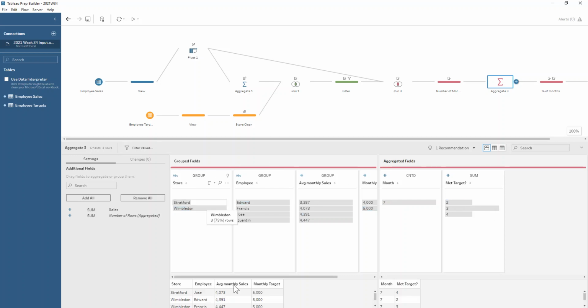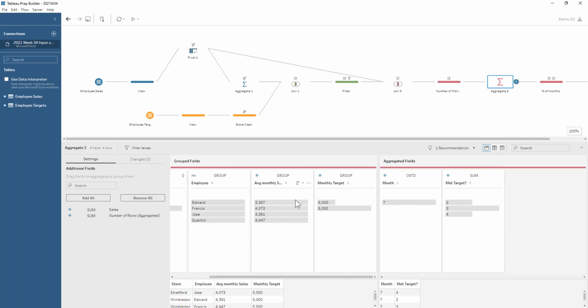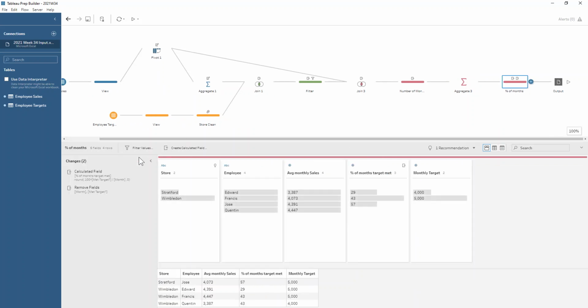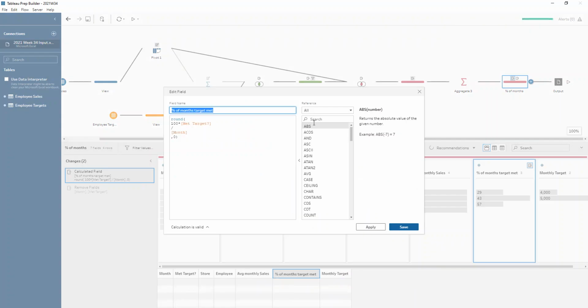So I'm bringing through my store, my employee, and I'm grouping on my average monthly sales and my monthly target so that they come through as one row. We're going back to 4 rows basically. And I'm counting how many months there are and summing up that met target field. This gives me the ability to create this final calculation of the percentage of months that the target has been met,